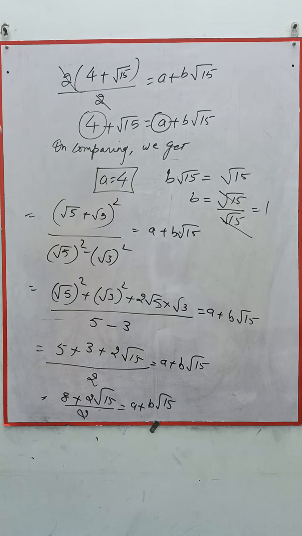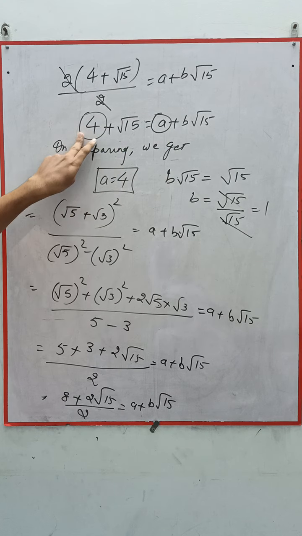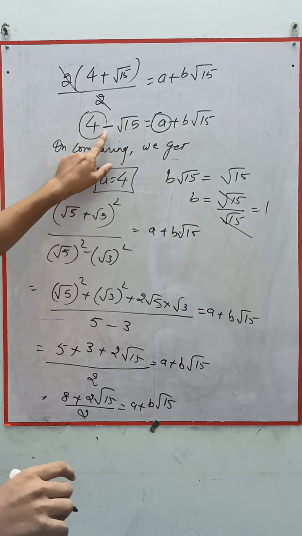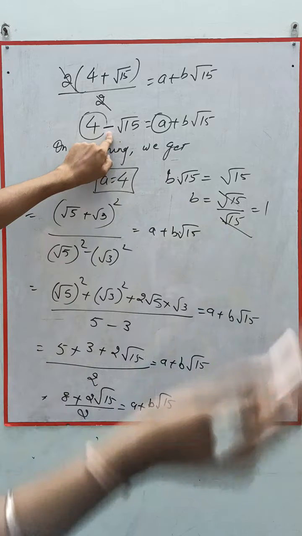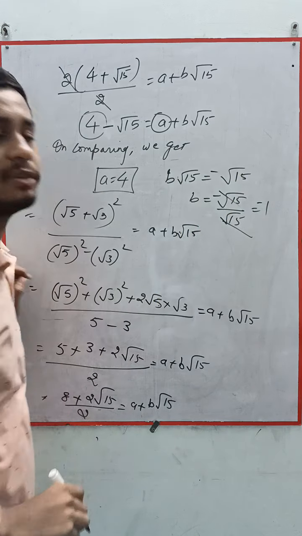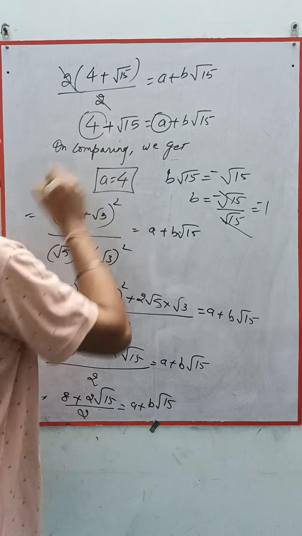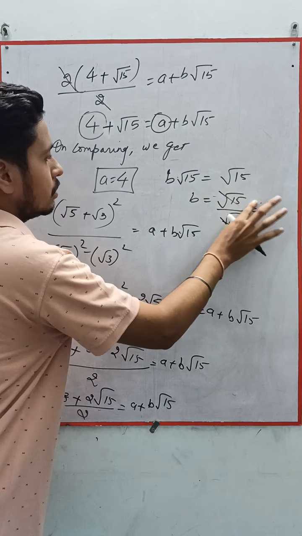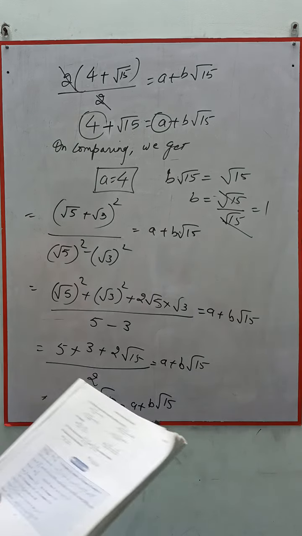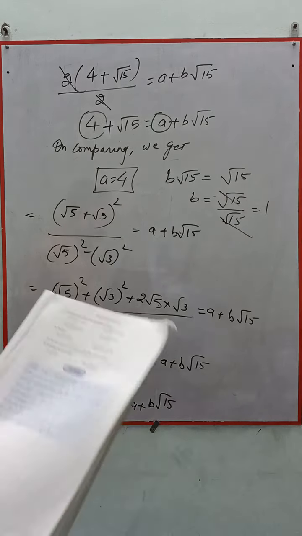You need to compare. a is directly 4, and say for example if a minus was there, then the same we have to write here, minus also, and our answer would be minus 1. But as here it is plus, that's not an issue. So I hope this question is clear to you. Let me just solve the D1.